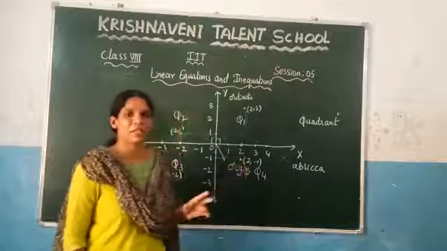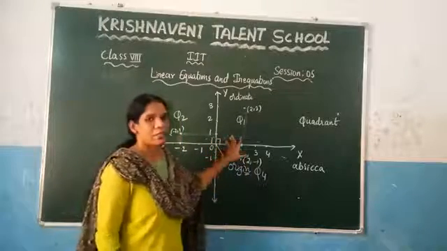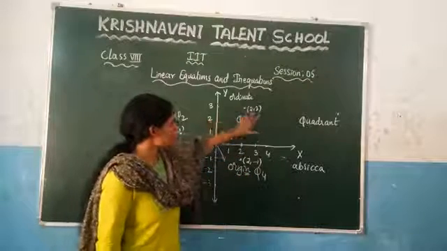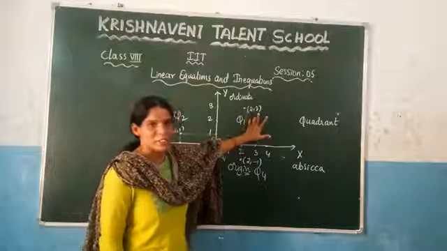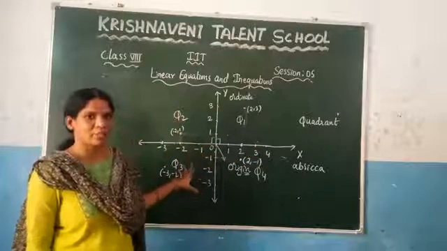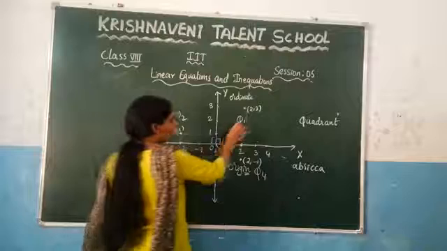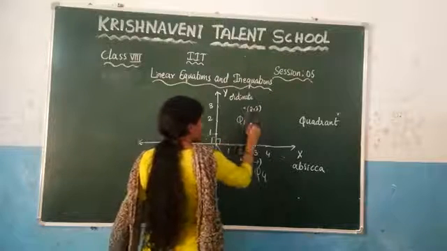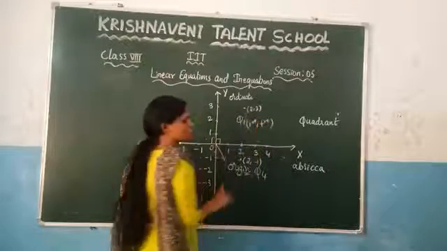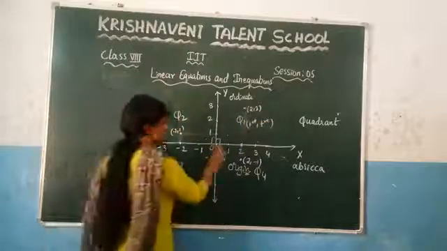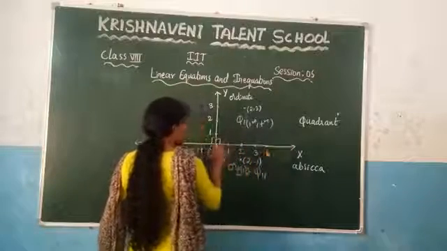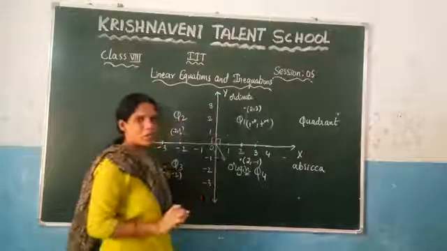Now here, what is there in quadrant 1? In quadrant 1 you can observe that the x coordinates and the y coordinates are always positive. That's why I have represented one point here in the coordinate plane to show that. In quadrant 1 the x-coordinate is always positive and the y-coordinate is also always positive. Right? Because if you take this quadrant 1, the x coordinates are positive and the y coordinates are also positive.